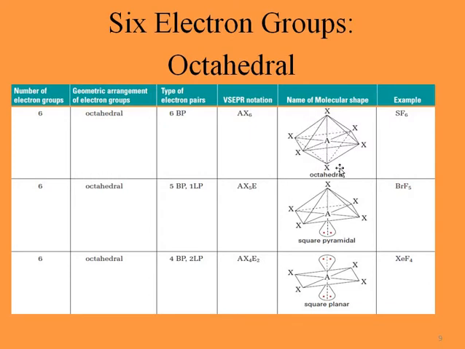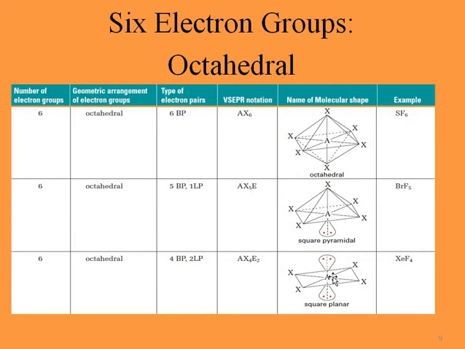Again, as you see here, we have octahedral with no lone pair. The example is SF6. And here we have BrF5, with the central atom having 1 lone pair and 5 atoms surrounding it. And the third one has 2 lone pairs, top and bottom, and 4 atoms around the central atom. The example for this one is